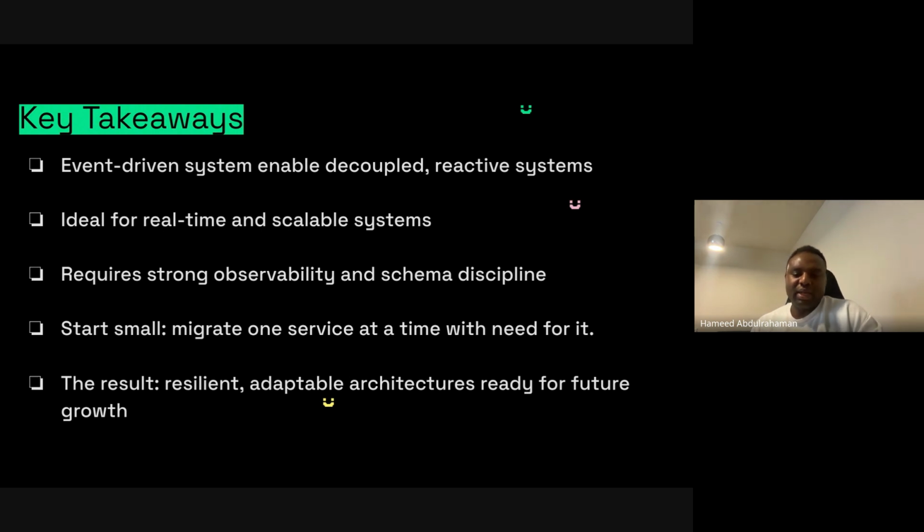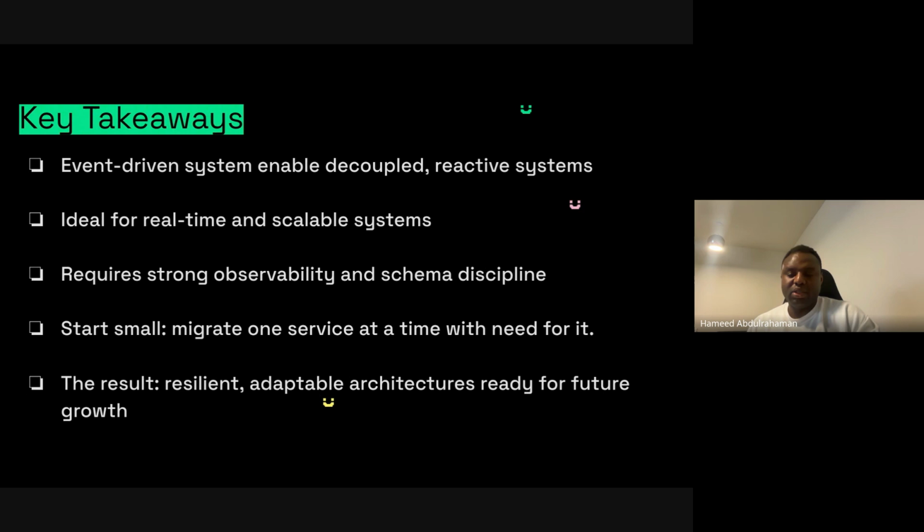And also, like I made mention, start small. So start chunk by chunk. You don't have to go through the entire thing. For instance, you need to migrate one service after another. You can start from the onboarding service, get a hold of it, send email notifications to the notification service. So just start small. Don't migrate your entire application overnight, because then you have a very big issue of understanding the context and flow of the system.